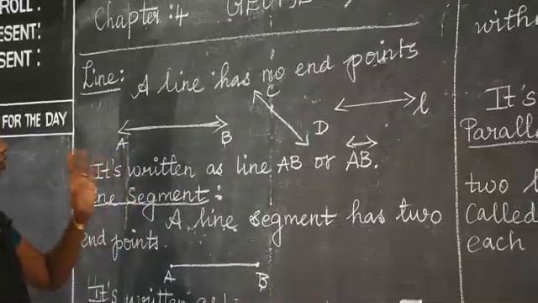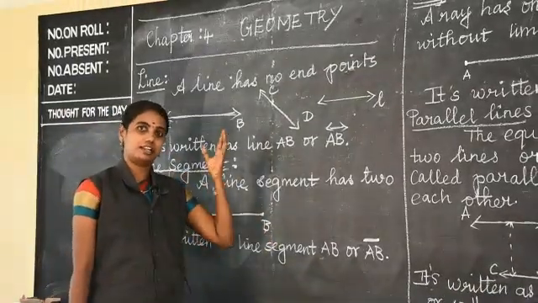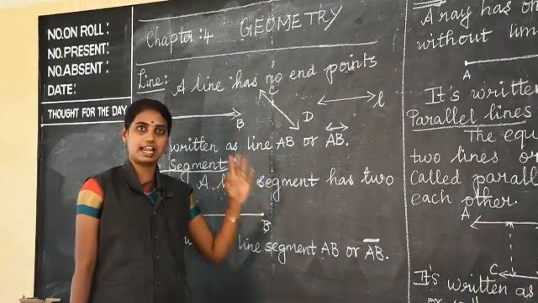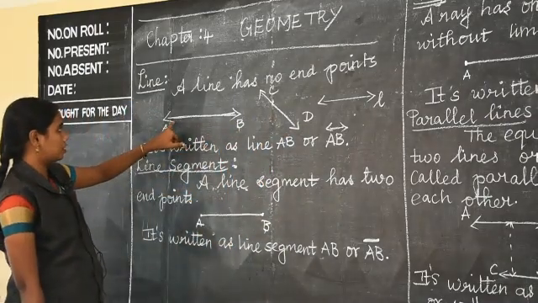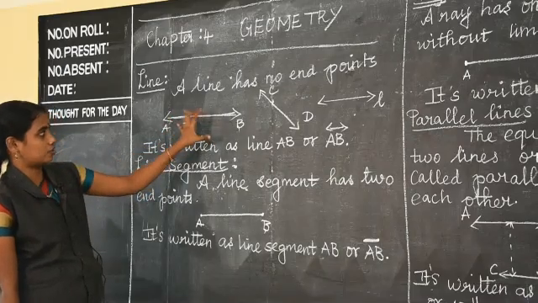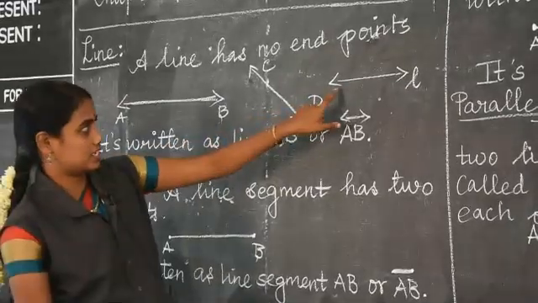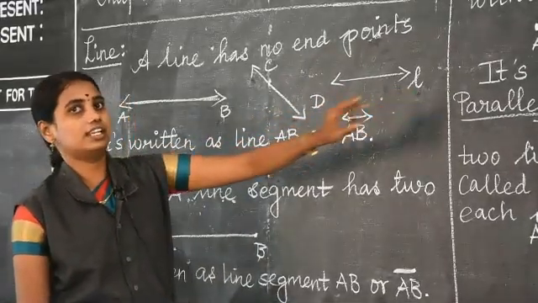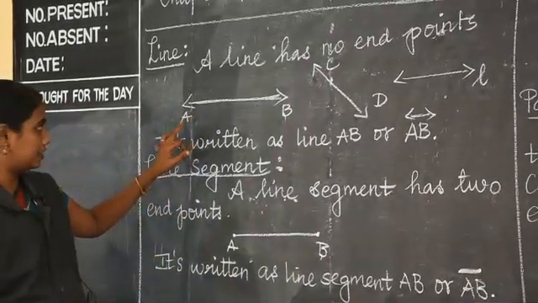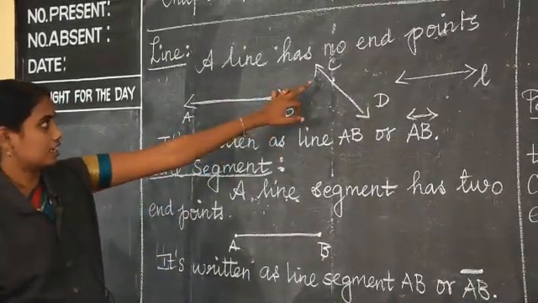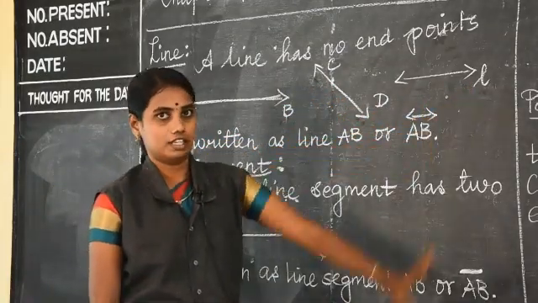Both sides. You can draw a line, the longest one or the shortest one, horizontally, vertically, or slanting. You can draw it like anything. Listen to me. Here I have drawn the line AB. Here CD, slanting. Next, here the line L. You can give a name for the line with 2 letters or 1 letter. Here I have given the name AB, here the name CD, and here 1 letter L. Clear?